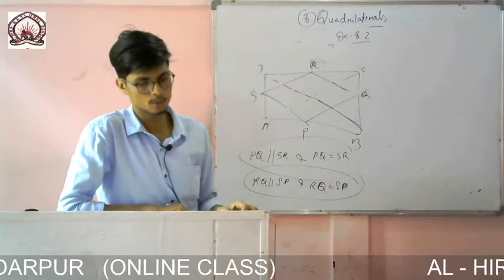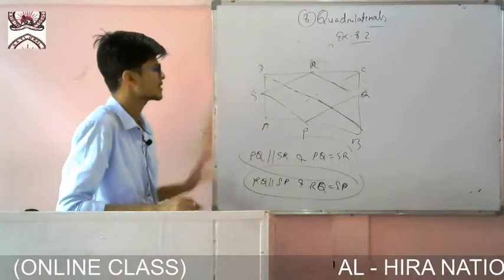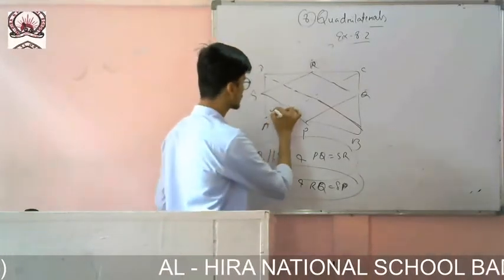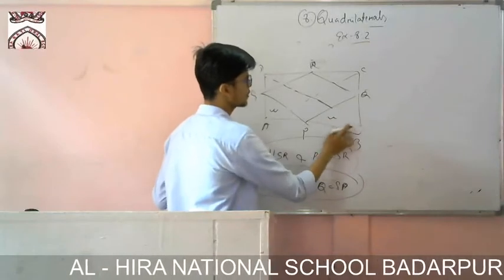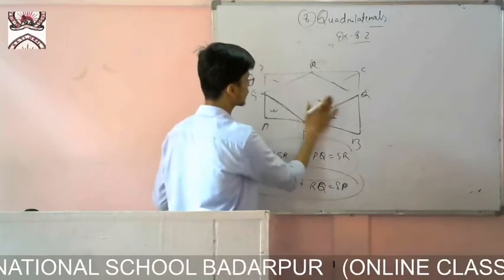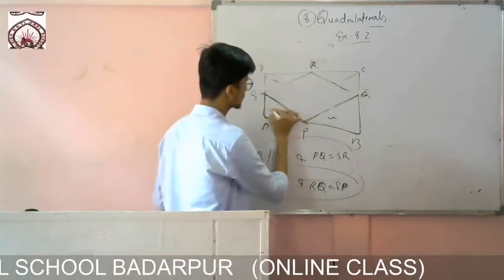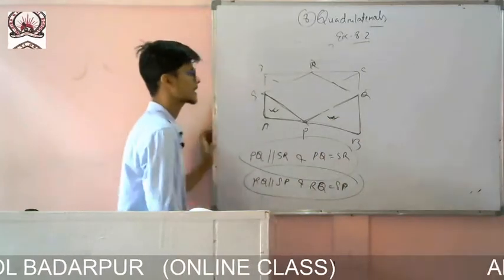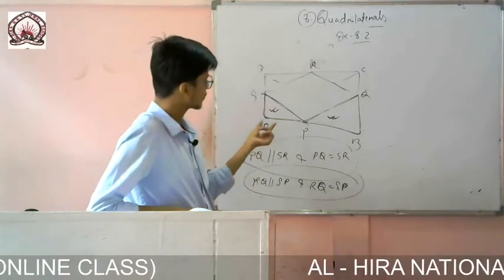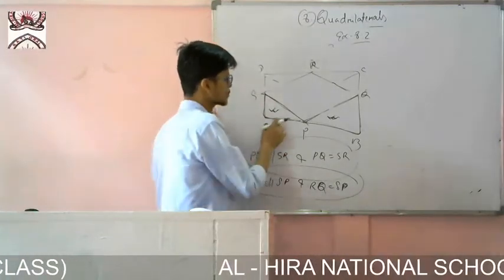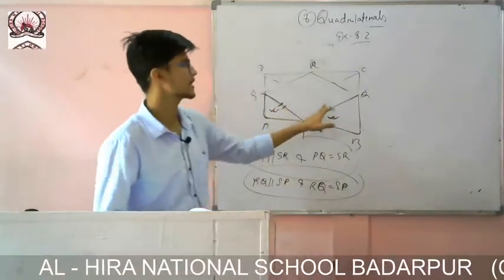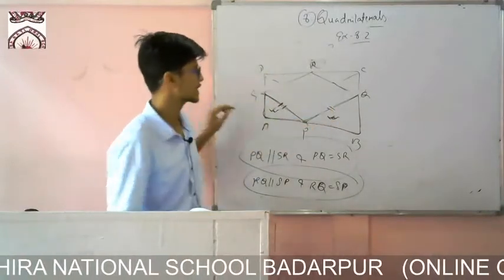Now I have to show that the sides are equal. So you simply take any two triangles. Let me take this small triangle and this small triangle. You simply show that these two triangles are equal. Forget everything else and just show that. If you can show that these two triangles are equal, then their corresponding parts also will be equal. So if these two triangles are equal, then this side is equal to this one. Similarly, I can write for these two.